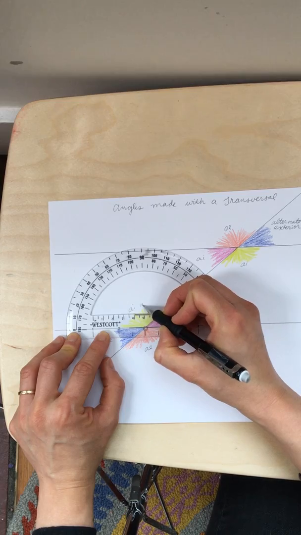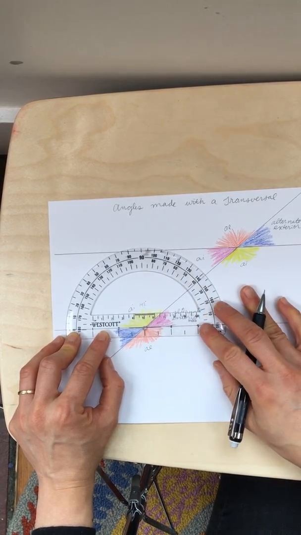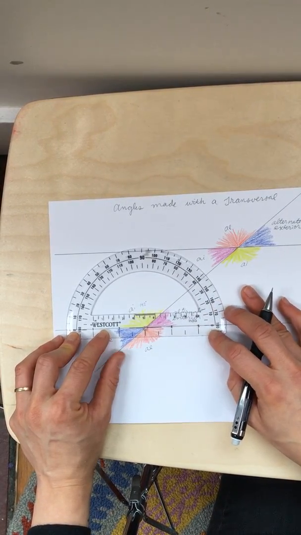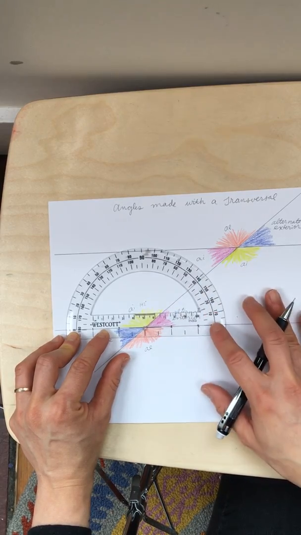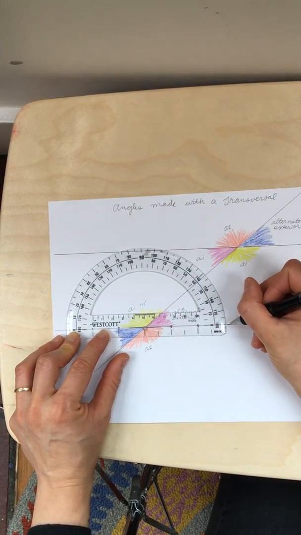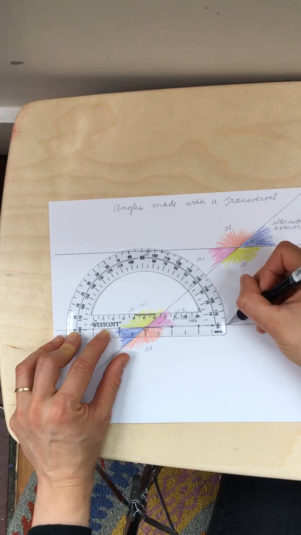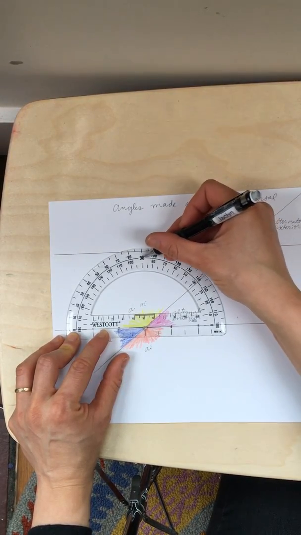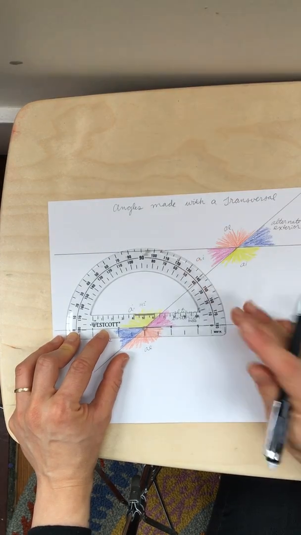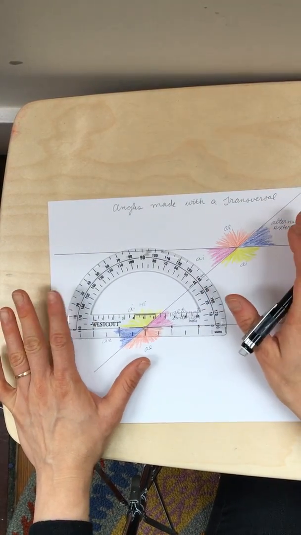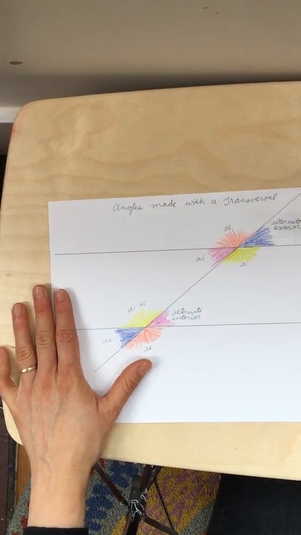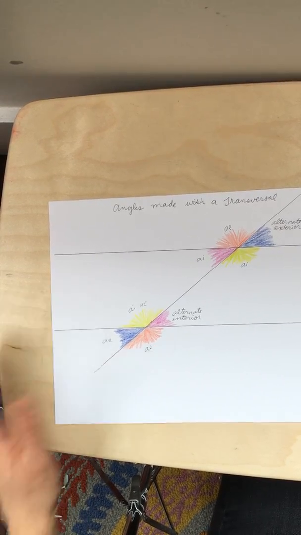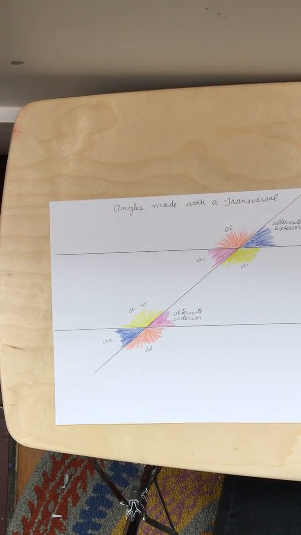So 142 degrees. While I'm here, I could measure this acute angle, but I would start reading it from over here, right? It would start at 0 here. I would read the number on the side that is smaller than 90 because it's an acute angle. So you can do that as a follow-up. That's a fun choice. The other thing that I like to do with these types of angles is take my construction paper and